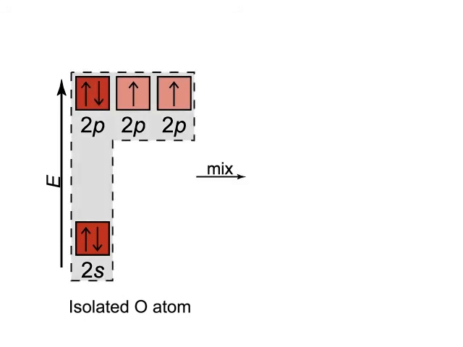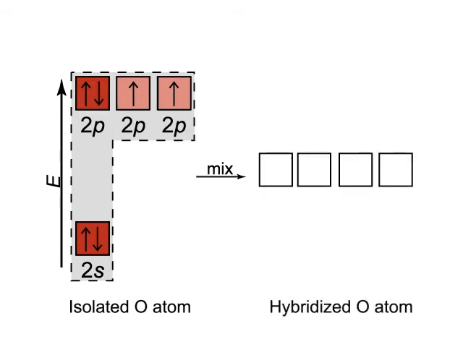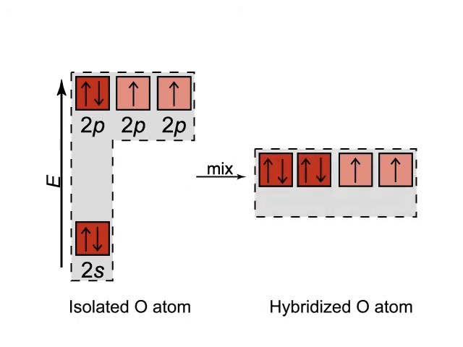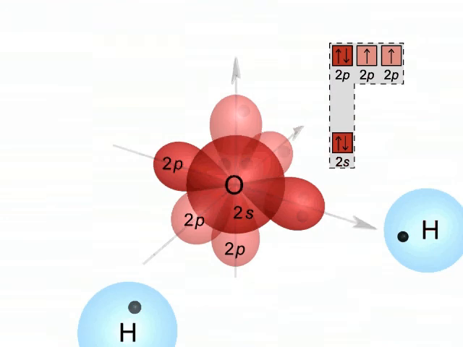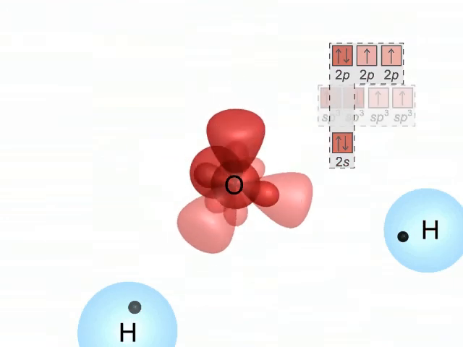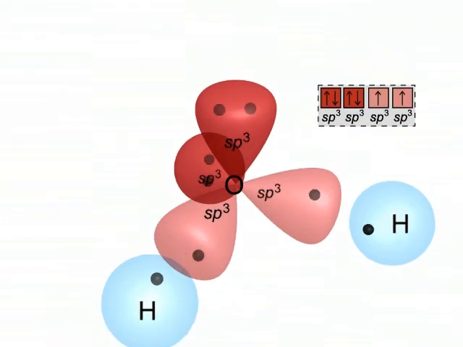The 2s orbital of the central O atom mixes with its three 2p's and becomes 4 sp3 hybrids, but now 2 of the hybrid orbitals are filled with lone pairs. In the water molecule, the oxygen has undergone sp3 hybridization. 2 of the sp3 orbitals are filled with lone pairs, and the H atoms overlap the other 2 to form